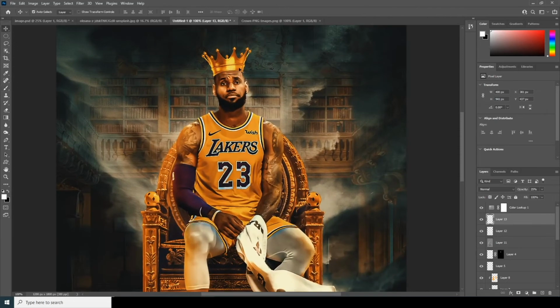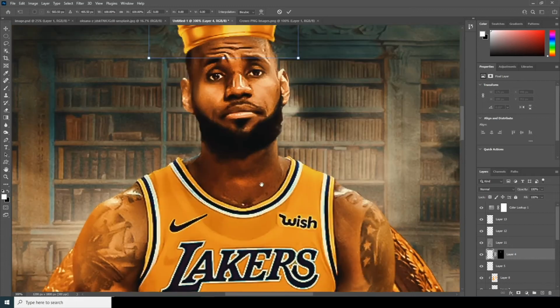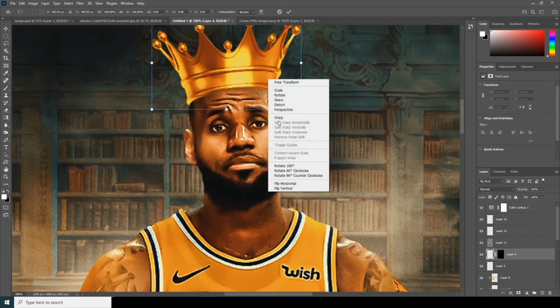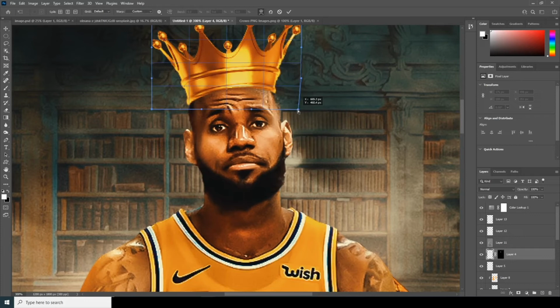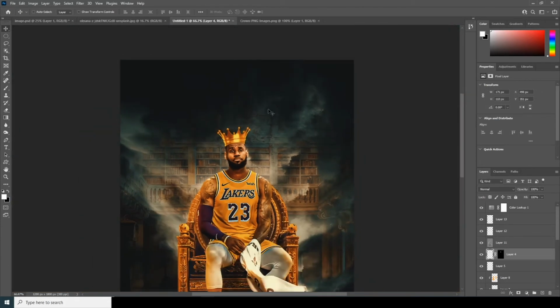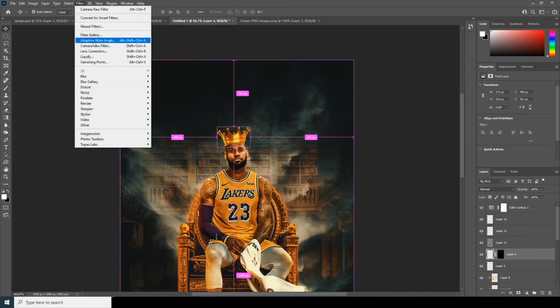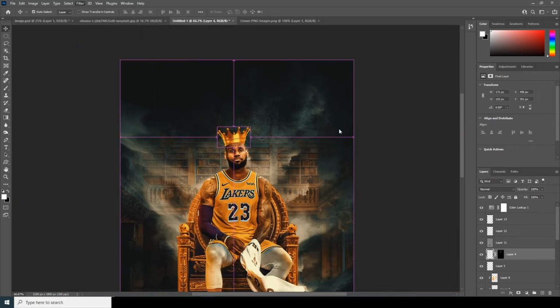And let's fix this crown, and I guess this is the one. Control T, right click, let's do a warp, let's fix this. Yep, something like that. And let's go to the filter, let's apply a camera raw filter,